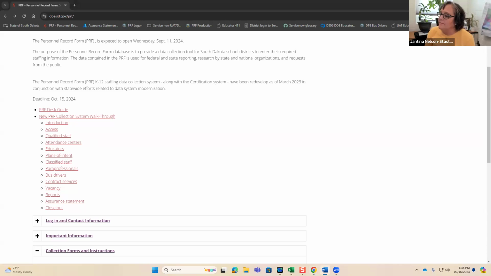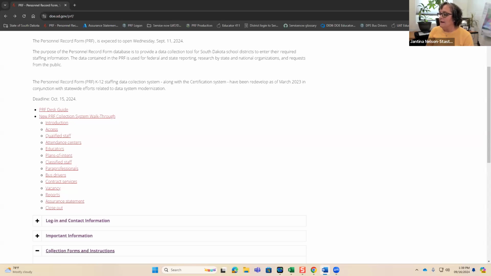The state PRF platform is managed by BIT and it has been switched to single sign-on. They refer to it as SSO, and it's for business to business, which they refer to as B2B modernization. This means that you will no longer be able to use that fake email address that we gave you, which included the @PRF as your username. Instead, you will now be able to use your school email address to log in.